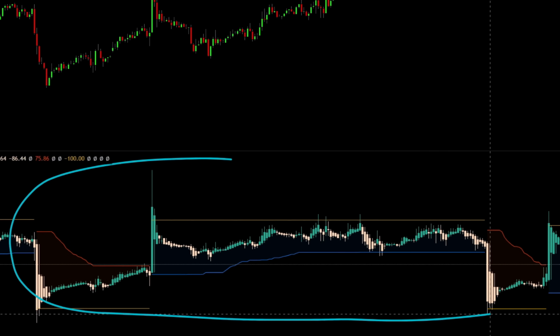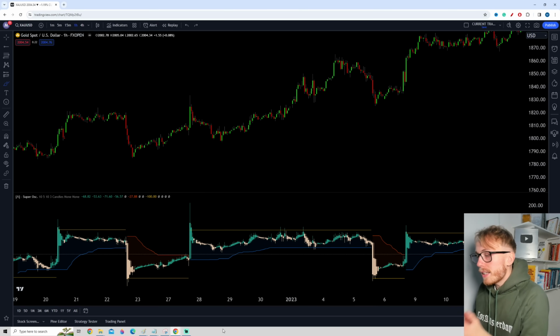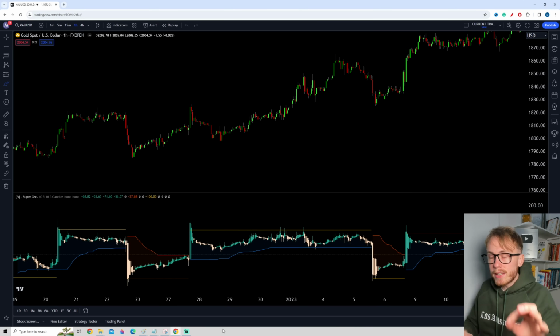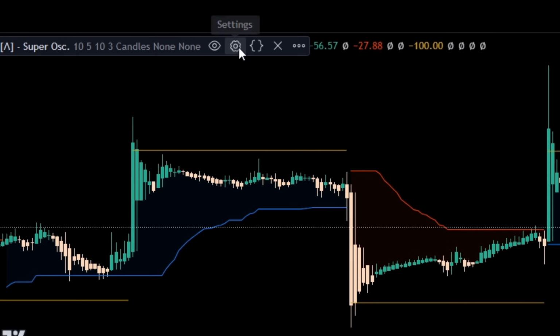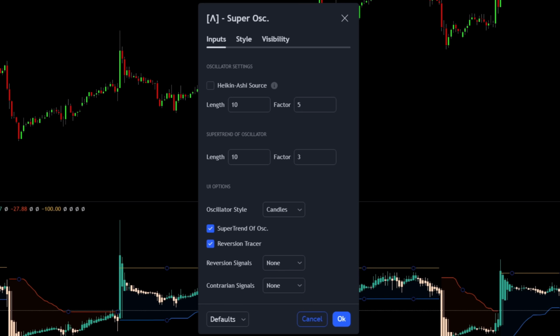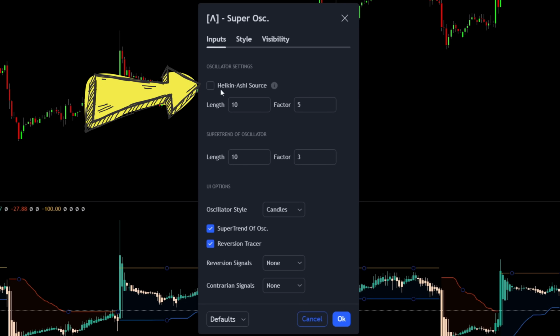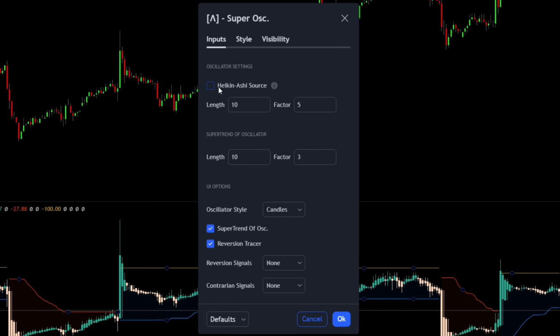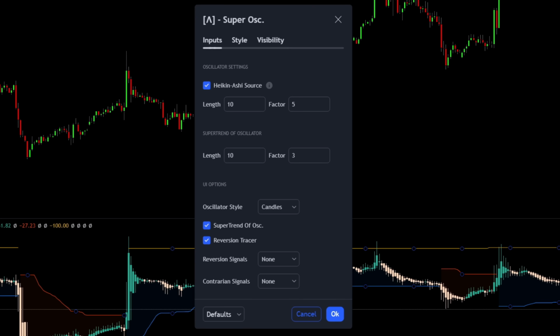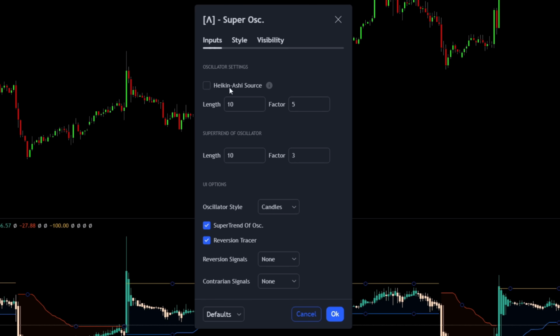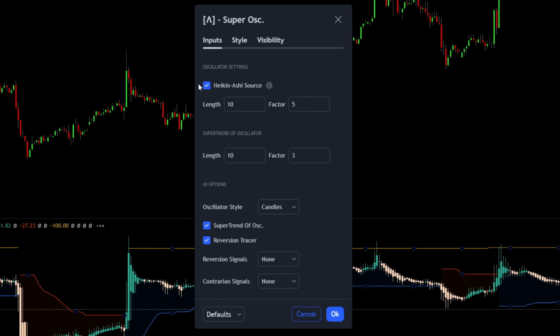Now the indicator has appeared here on the chart, but currently it's not looking anything like what I showed you guys in the intro. So now what we need to do here is that we need to change the settings. So we go down here to the settings tab of the indicator, and here we have some very important settings to consider. The first setting we have to understand is the Heikin Ashi source, and if we choose this setting, the signals from the indicator will be smoother. This can help us take away many of the false signals the indicator will produce. So what we want to do here is that we want to make sure that we do have this setting